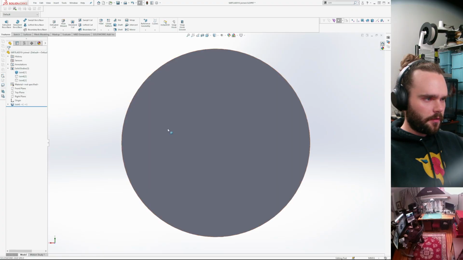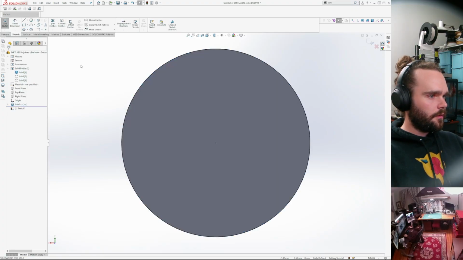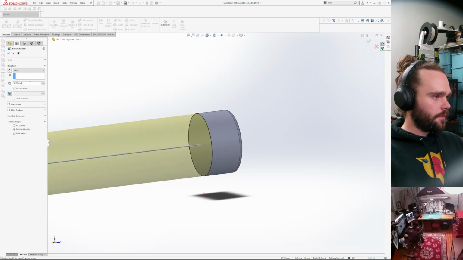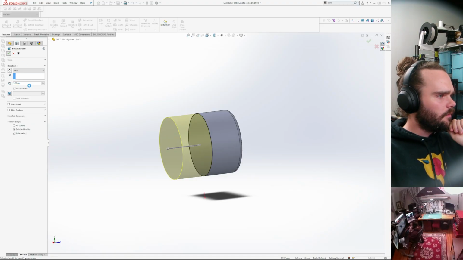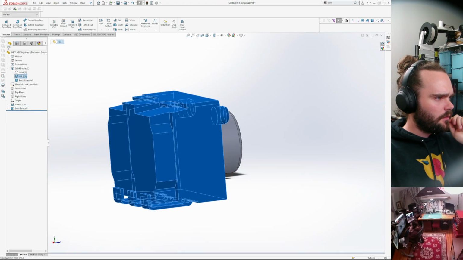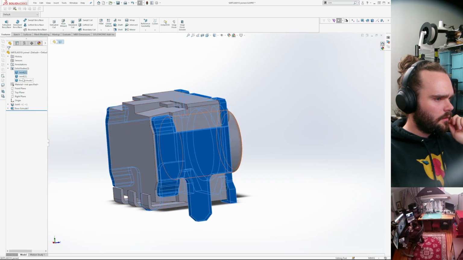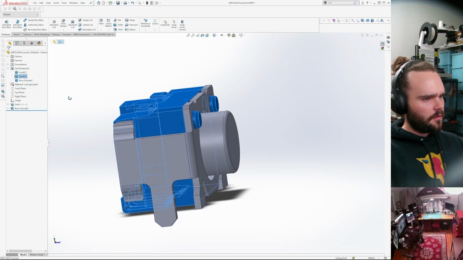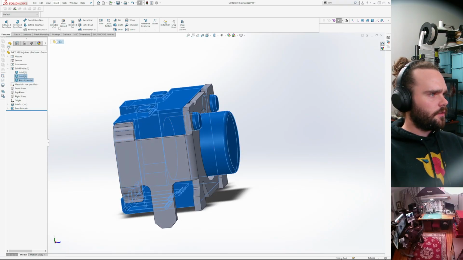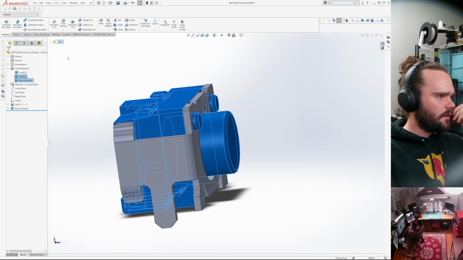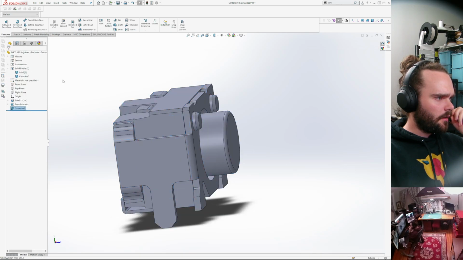We're going to just modify this a little bit. This is kind of cheating. But hey, that's fine. Let's try to do insert, features, combine, add. Oh, nice.